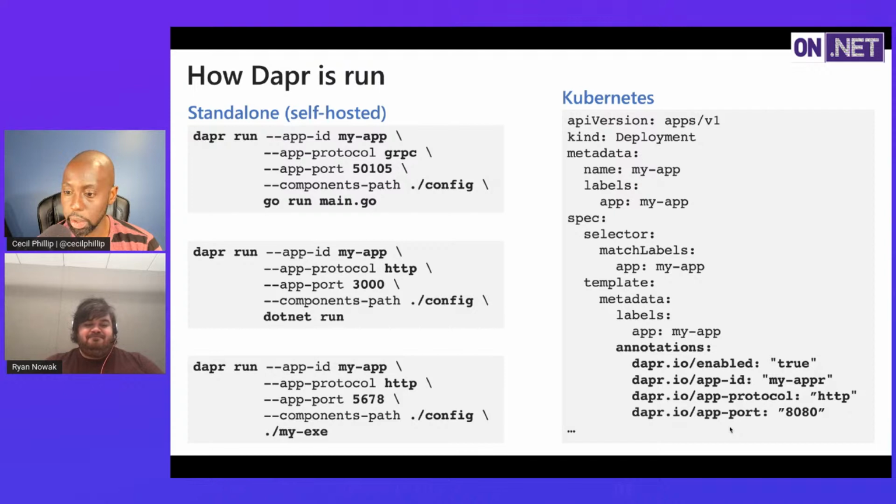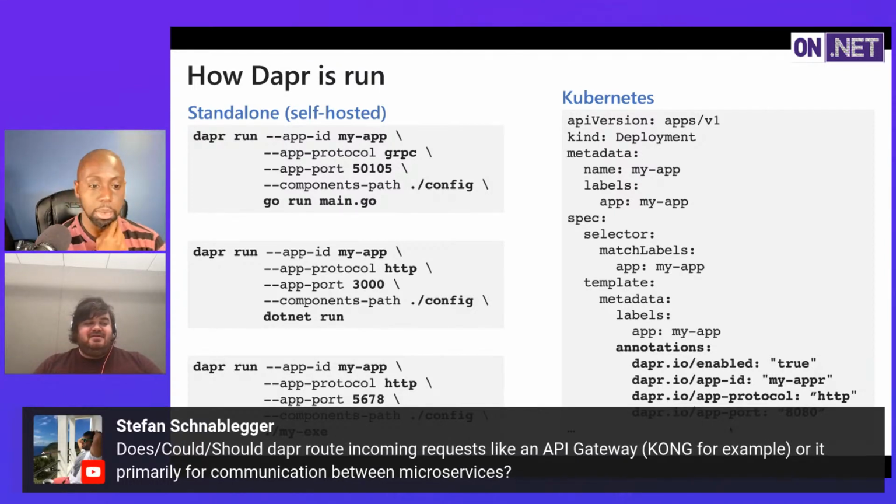Let's go with. All right, so Stefan, and all these are coming in from YouTube right now. He's asking, should Dapr route incoming requests like an API gateway, or is it primarily used for communication between microservices? So if I'm understanding, the question is, does Dapr behave like an API gateway? Dapr has the ability to do some of the things that an API gateway could do. It has the ability to do rate limiting as well as some kind of auth capabilities coming in from the internet. What I would say is that